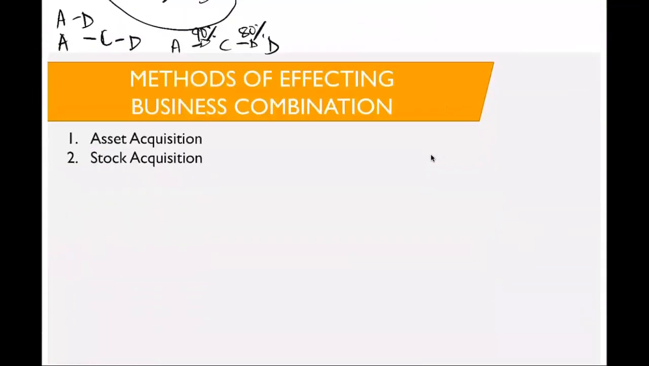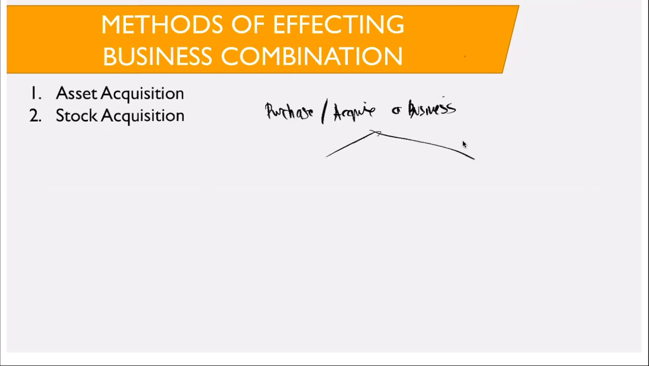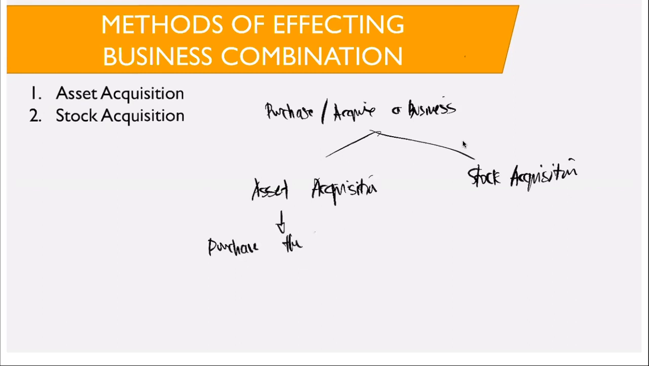We proceed now to the methods of effecting a business combination. So how do we effect a business combination? There are two methods of effecting a business combination. We can purchase or acquire a business using these two methods. And what are those? That can either be an asset acquisition or a stock acquisition. So what do we mean by an asset acquisition? When we say asset acquisition, it means that we purchase the net asset